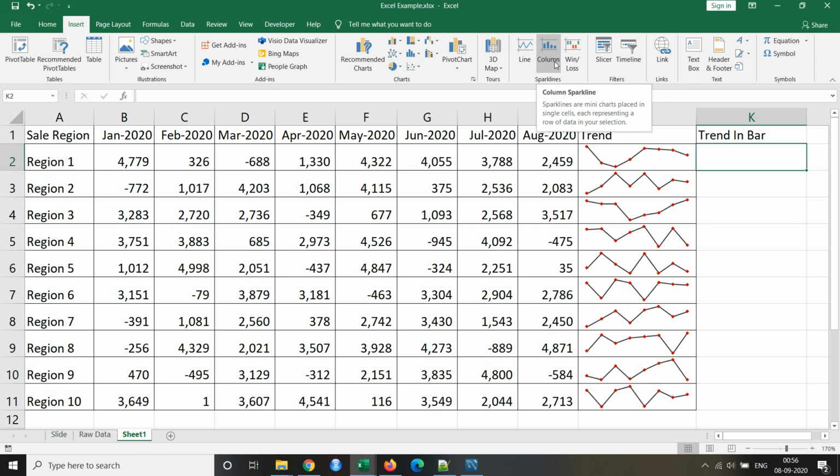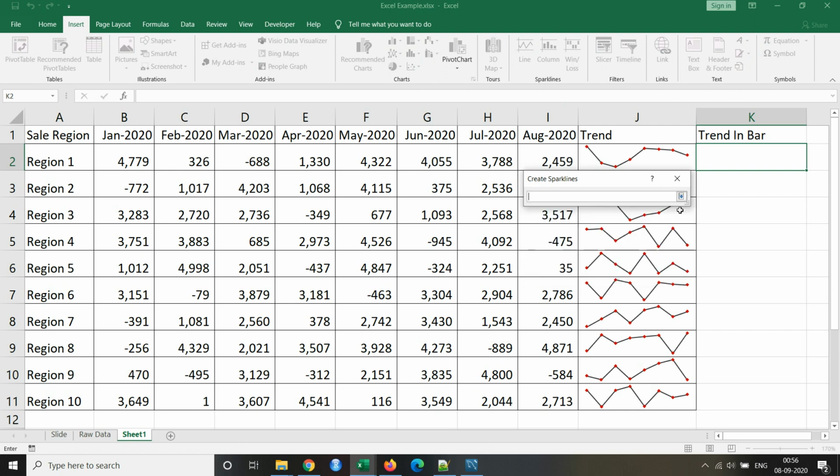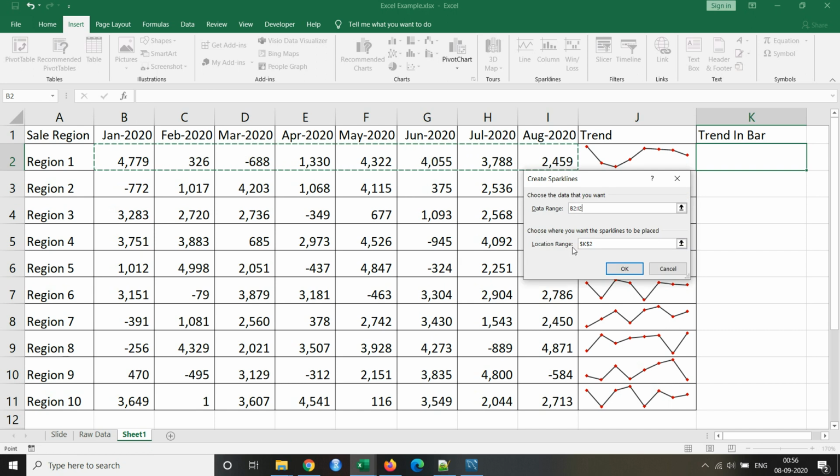It's a mini chart, column sparkline mini chart. The first thing it will ask us is the data range which we want to reflect in our chart. I've selected from B2 till I2. Then it will ask me the location where I want to put it. I have already selected K2.